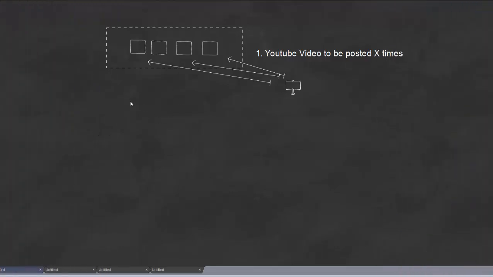Before we see it in the system, let's go through a set of diagrams to depict the use case. Step number one is that the YouTube video is posted a number of times over the blog networks. I put X, but it could be 10, it could be 100. It's up to your requirements, but we have a number of blogs, and it could be our own network, it could be a shared network. Implementation is pretty much the same. So you have a YouTube video, you create the YouTube submission, and you post your video, let's say 100 times.